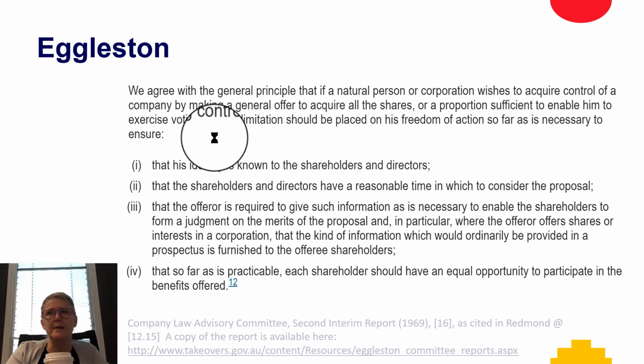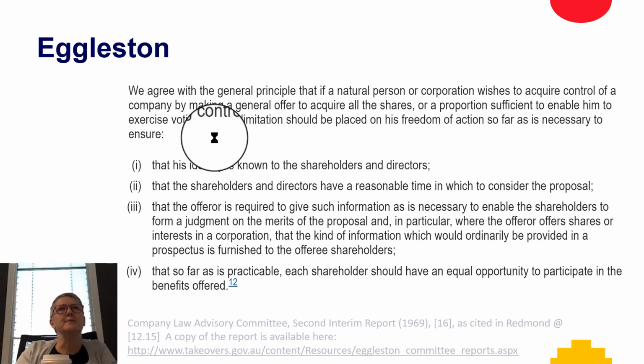The key report is the second interim report, which goes back to 1969. So, you thought the big news was man hitting the moon. It was actually the Takeovers Panel and Australia coming up with a policy for what was going to be important in the takeovers regime. And I think this key statement, which is often referred to as the Eggleston Principles, is really the foundation of how the law as it works today has been built.